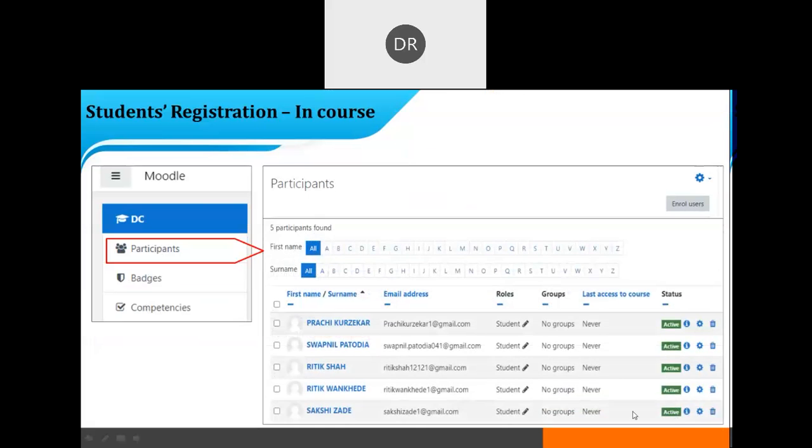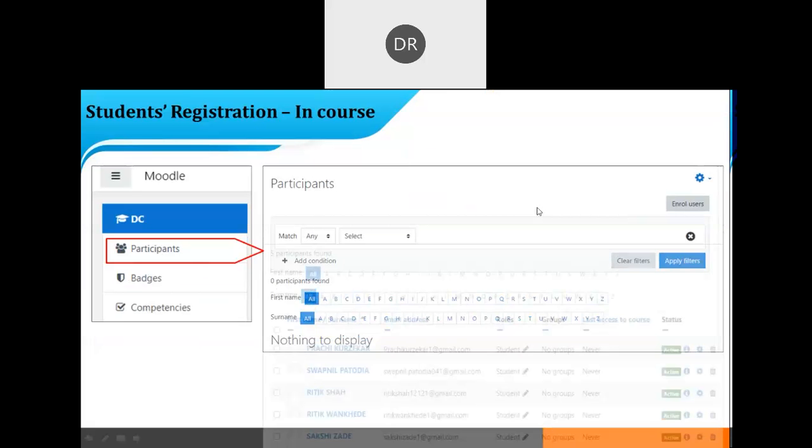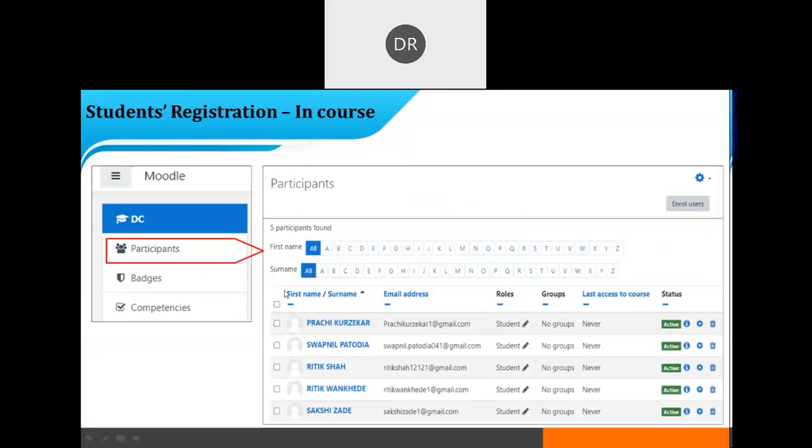After clicking on enroll users, as we have seen just before, there were 0 participants. Then we used enroll users, and using the search tab, we have added the students into the participants category. Now you can find these 5 students which I have enrolled for this course.